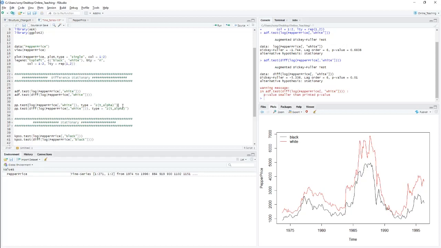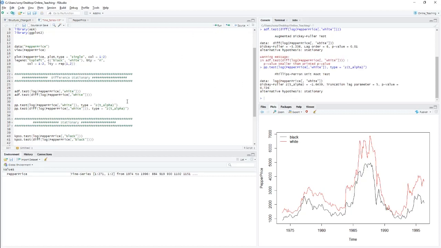Another test is the Phillips-Perron test. In the Phillips-Perron test, we give a non-parametric correction for the autocorrelation in the unit root test. To know the detail about it, you have to read any standard econometrics book. One reference can be Wooldridge. Yeah, that is good. We use the same command, only the type is alpha. Even if you are not mentioning it, there is no problem, but it's better to mention it.